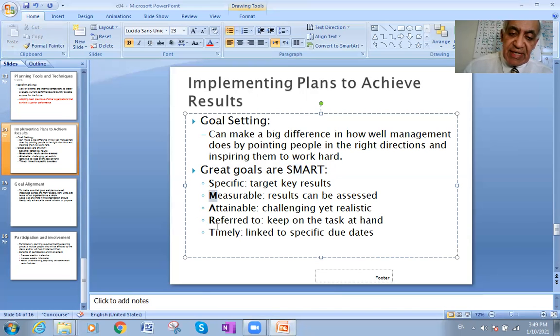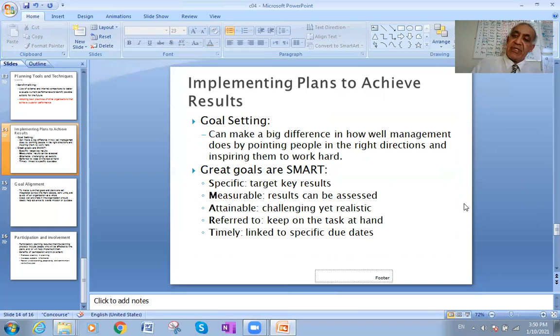Must be able to measure. So you cannot say, as example, we will have a rosy year, a nice year. We will have a beautiful year, a fantastic year. No, you have to put in measures. Like as example, I will produce and sell 100,000 units. So this is counted in measures. Attainable means when you set up your plan, it must be attainable, means that you can reach it. You can attain it, you can do it.